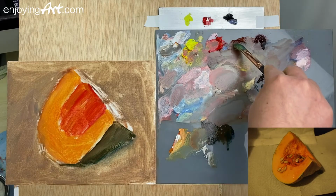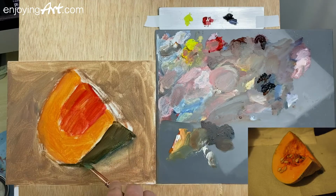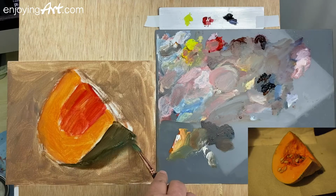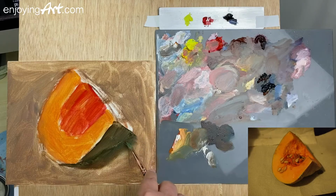I'm going to get a little bit more brown, mostly between these two colors. And I'm going to have the shape a little bit more open, like this. So give it a little bit more proper. Okay, that's good. And now the next thing, what you're going to do,